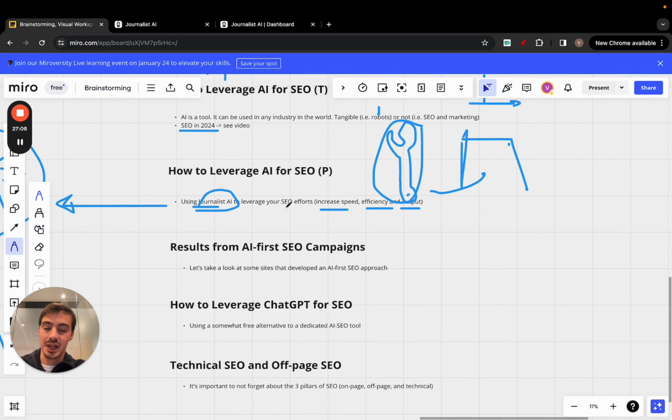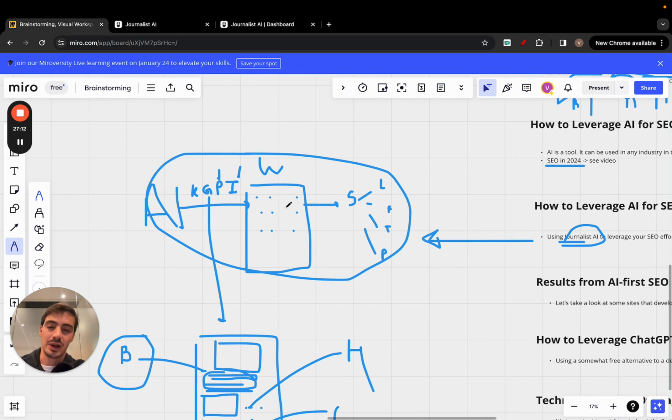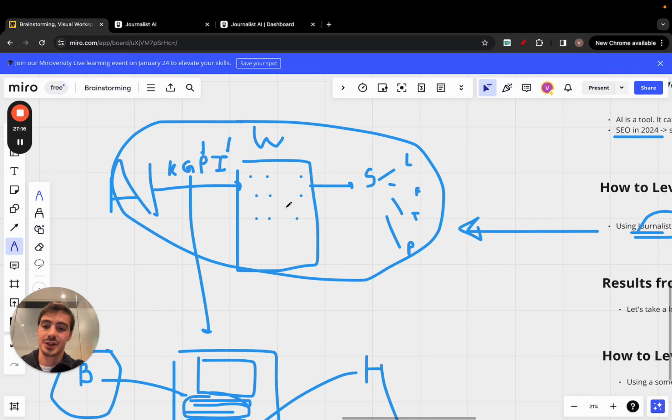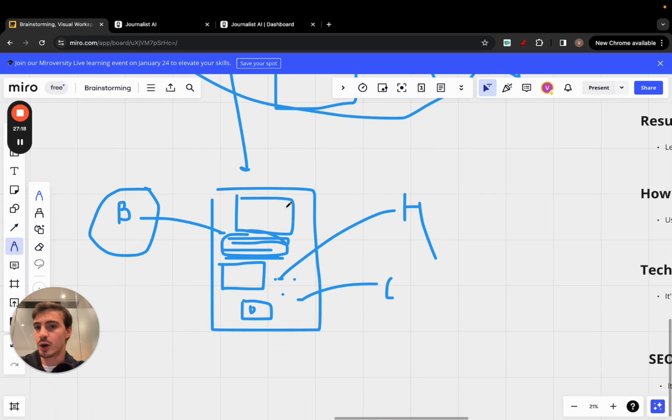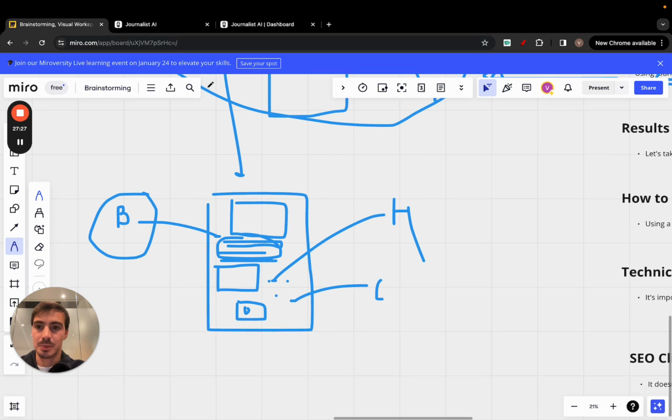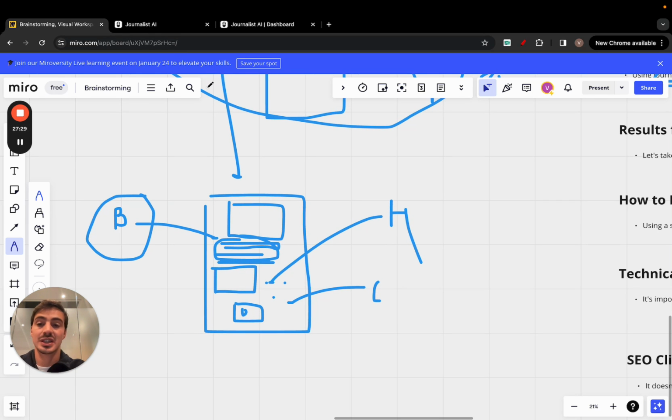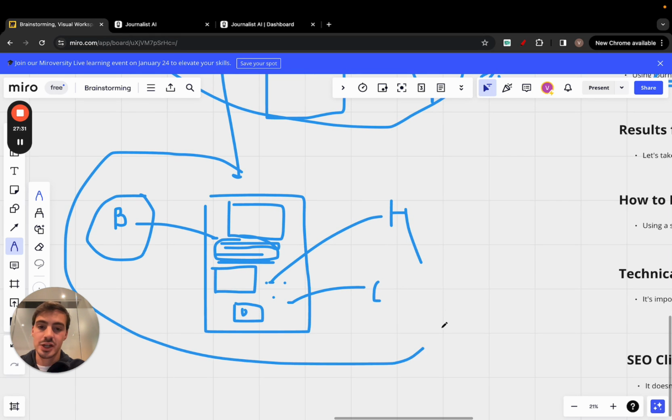for your SEO efforts. Yes, you can use ChatGPT, but it's quite limiting, right? ChatGPT allows you to generate articles, but they're often not very SEO optimized. There's no visual cues, there's no images, there's no videos, there's no automated linking, internal and external. There's no automatic publishing to your site. There's no automatic syndication to social media. So all this isn't achievable with ChatGPT, even though you can achieve some of it, right? The whole automation part of it and the whole part of building a process, building something that's reliable and you can trust, isn't really available with that type of AI.